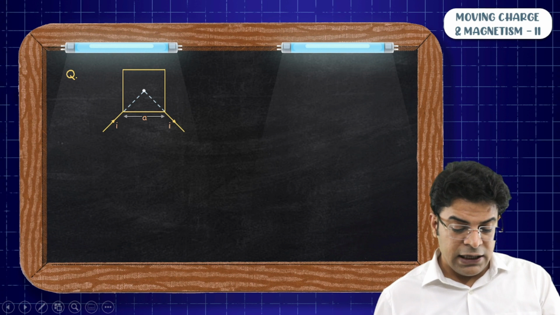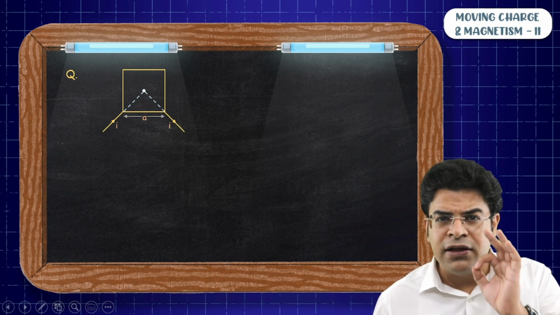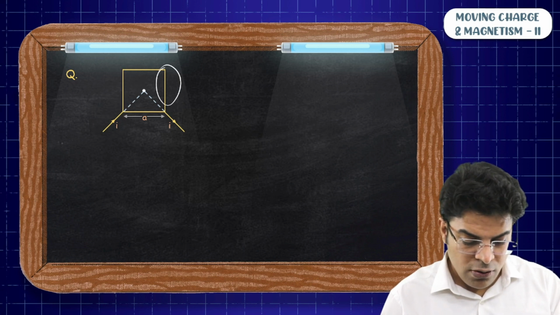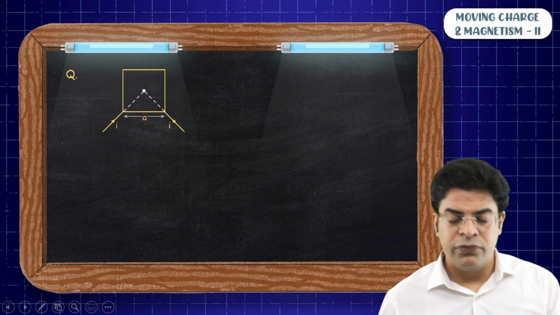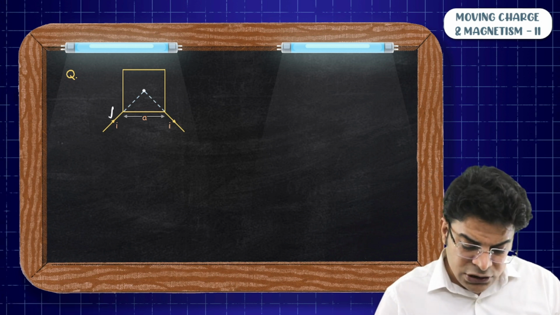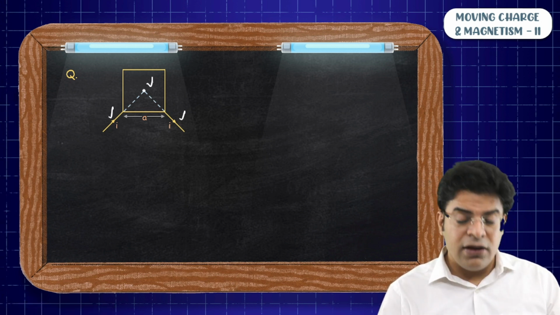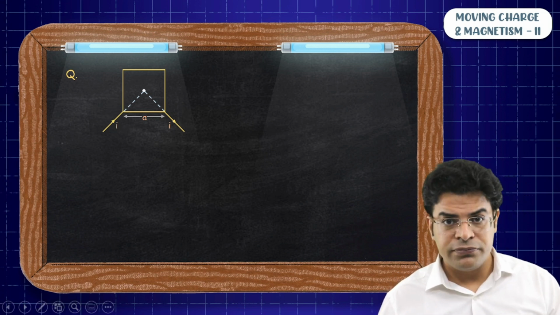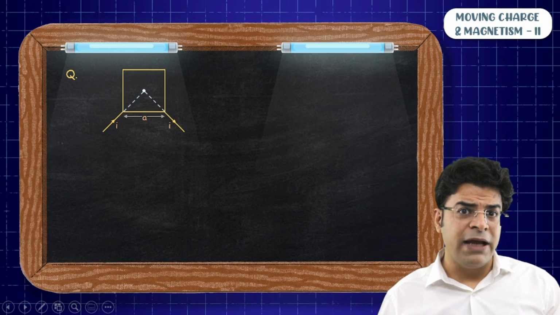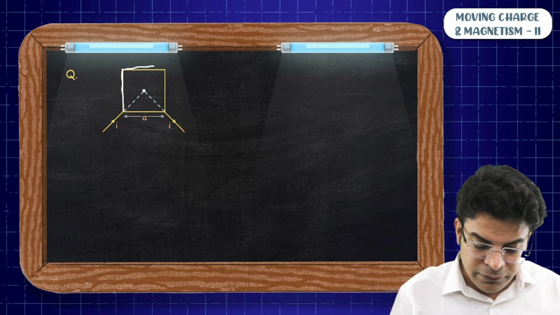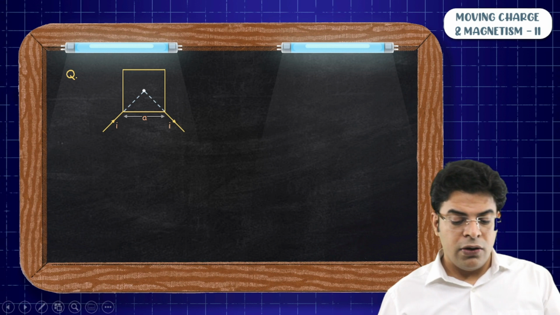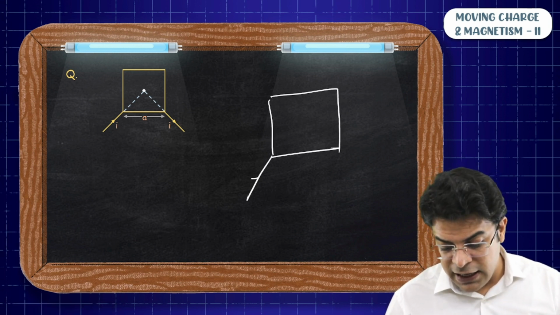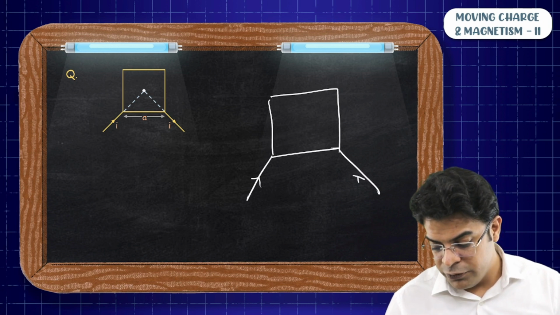Now you will say that, sir, here in totality I can think of 6 parts: 1, 2, 3, 4, 5 and 6. Since these two have the center on their line, because of these two there will be no magnetic field at the center. Now the magnetic field will be at the center because of these 4 parts, right? Now this square loop is made up of uniform material and current enters from here and exits from here.